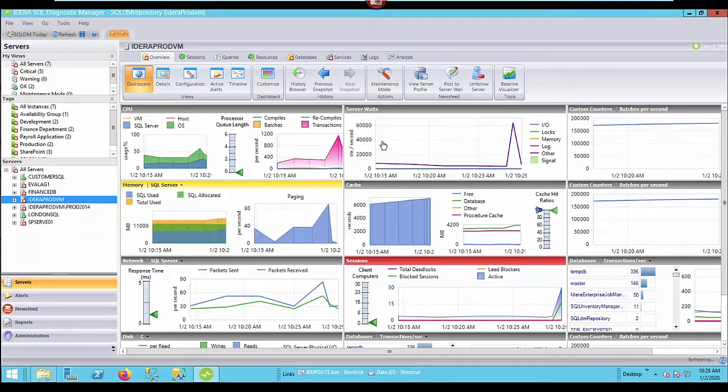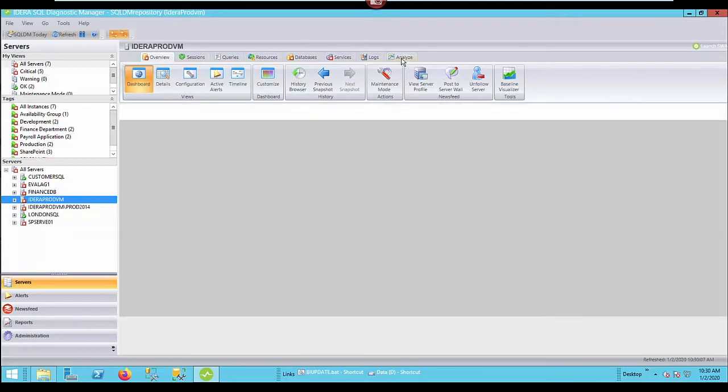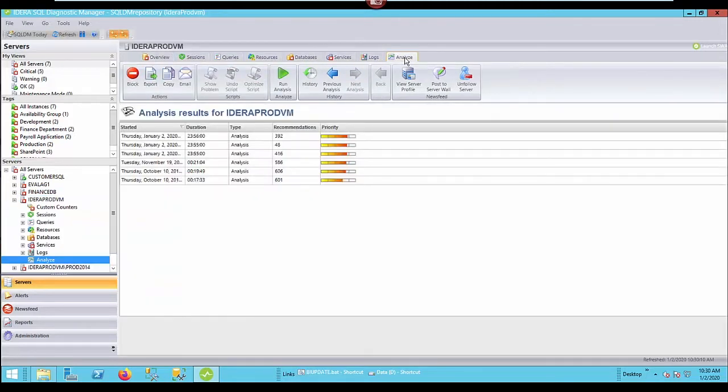So when you open up a Diagnostic Manager console, this is what you will see. And you have your navigation similar to Outlook on the left-hand side, but also a tabular navigation at the very top. The prescriptive analysis features are going to be located under this Analyze tab section, all the way to the right on the upper tabular navigation. So let's go ahead and click that. And this will take us to a view of some of the prescriptive analysis reports that are available from past